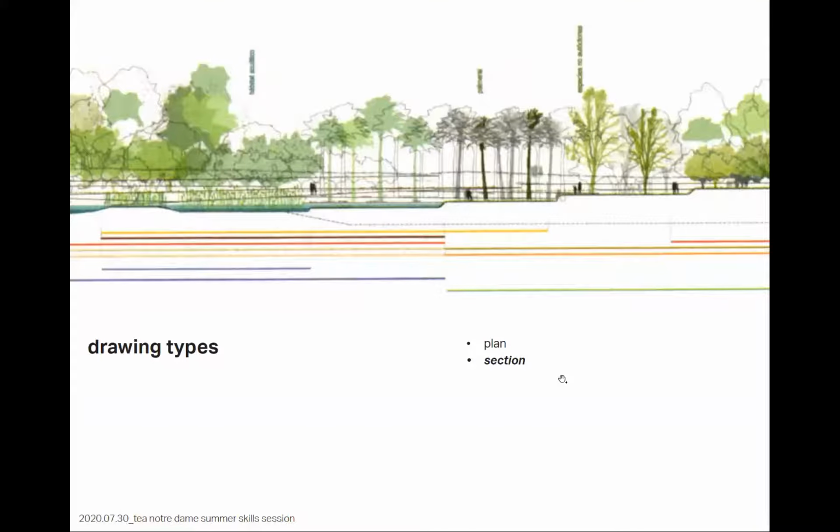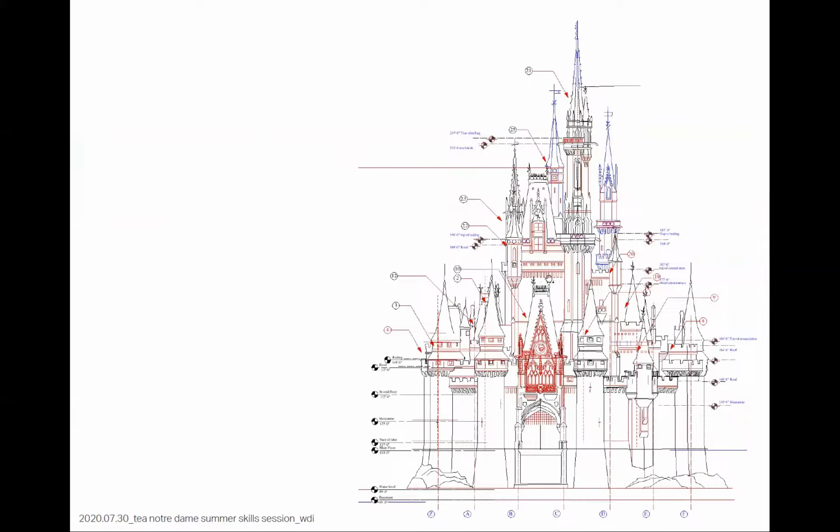So next we'll get into the section, and I gave a brief prelude on that at the beginning, because that's the drawing type that I tend to gravitate towards most. And the section's unique in that it's measurable, but it's also not a typical view. To explain a section, think of if you cut a piece of broccoli straight down the middle, and you would be drawing exactly what that face of that broccoli was, and you'd see inside the broccoli, but you'd also see the broccoli's relationship with the space outside of it.